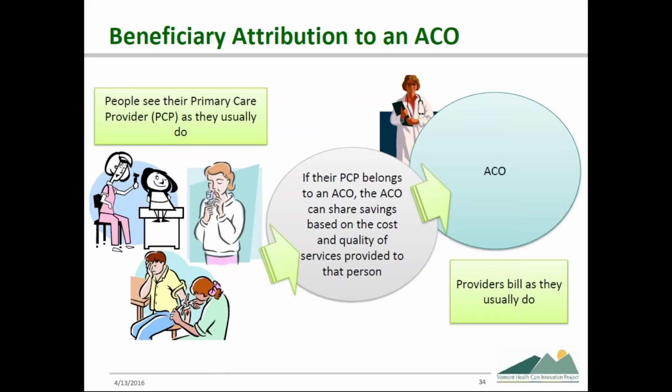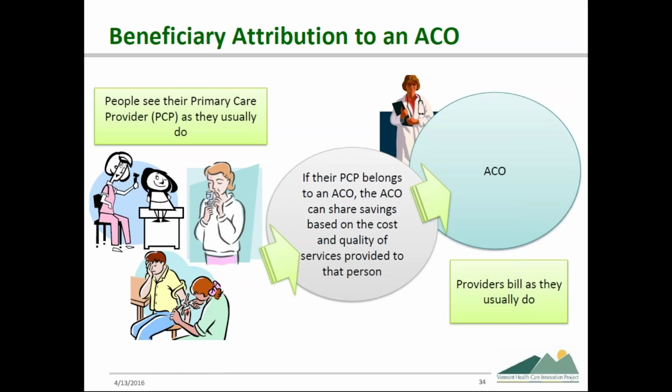So regarding beneficiary attribution to an ACO, Vermont Medicaid beneficiaries continue to have complete freedom of choice when seeking care. It's business as usual. Beneficiaries see their PCP as they normally would. If that PCP happens to belong to an ACO, the beneficiary is then considered attributed to that ACO. The ACO assumes responsibility for both the cost of care and the quality of services provided to that beneficiary during